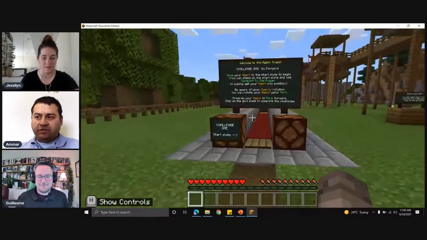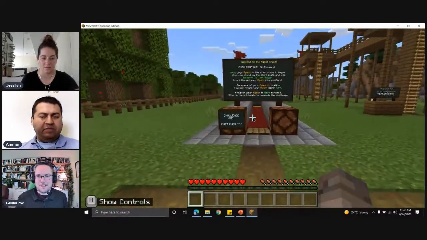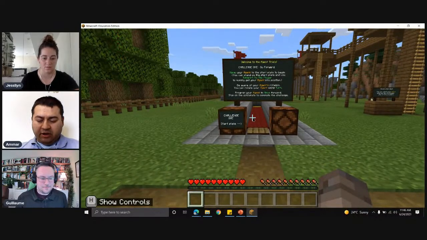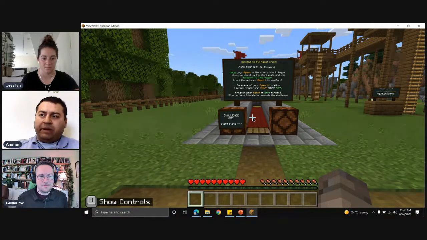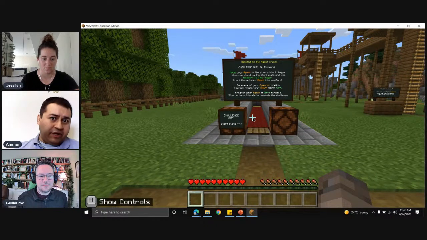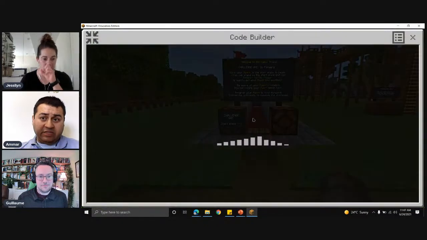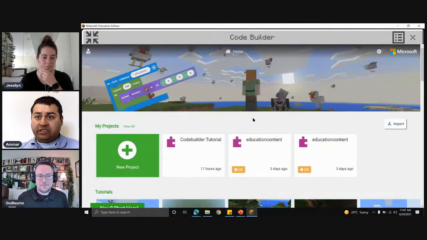The first thing you're going to do is step back a little bit, and I want you to press the C button. On your keyboard, there's a C button. That's for coding. If you're using the iPad, there's a button at the top that looks like the agent's face. You're going to tap that with your finger. But anyone else with a keyboard, you're going to press C for coding, and that's going to open up our coding engine. That's Code Builder.